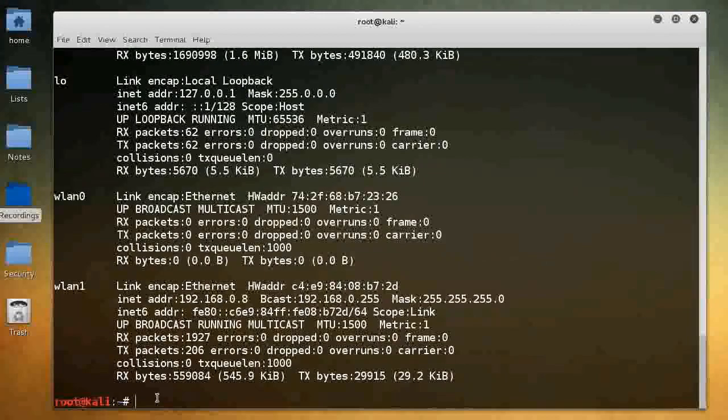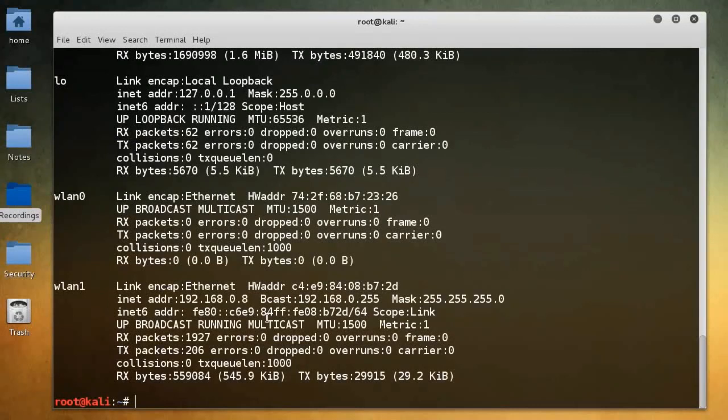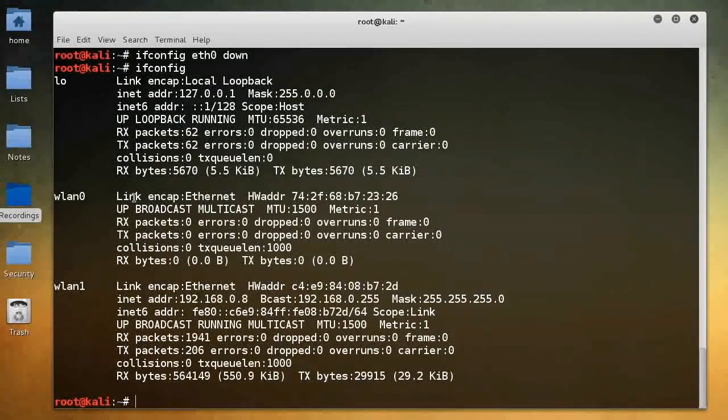If you ever want to bring one down for any reason, let's say we want to disable this Ethernet, then what we can do is ifconfig, I say etho, but it's actually eth0 down. And now if I do ifconfig again, you can see that